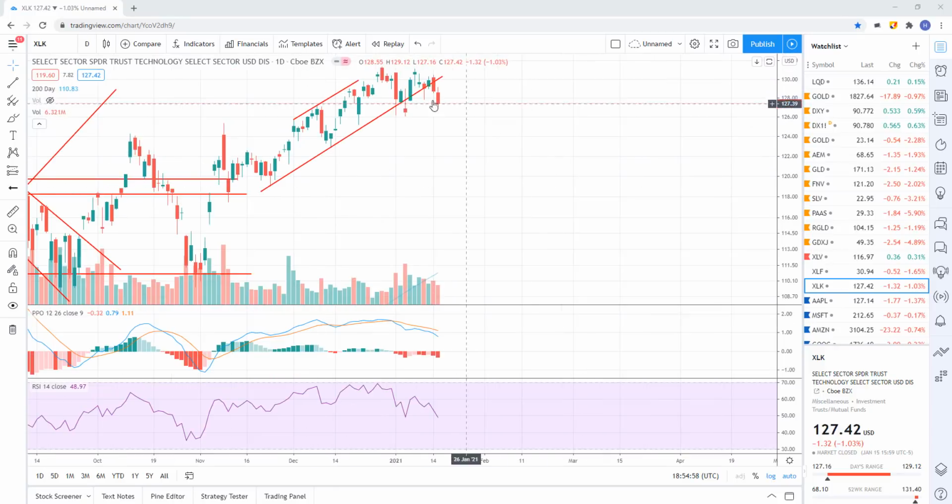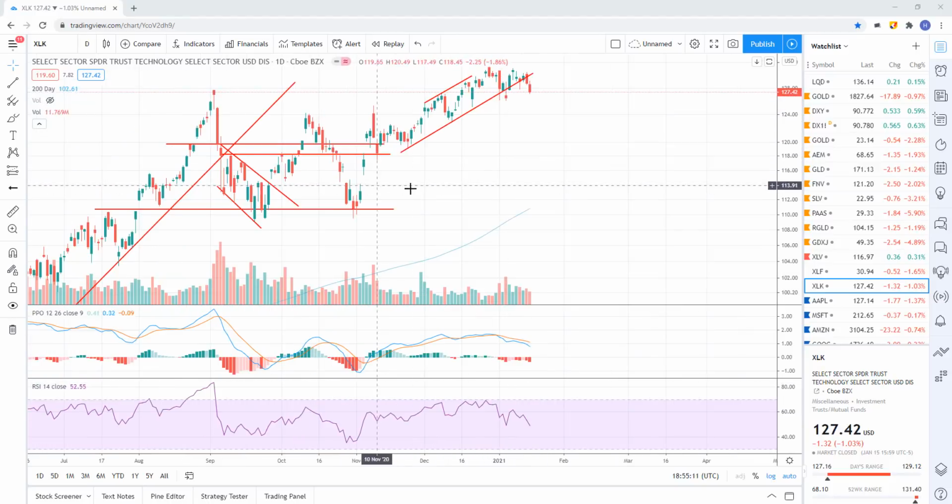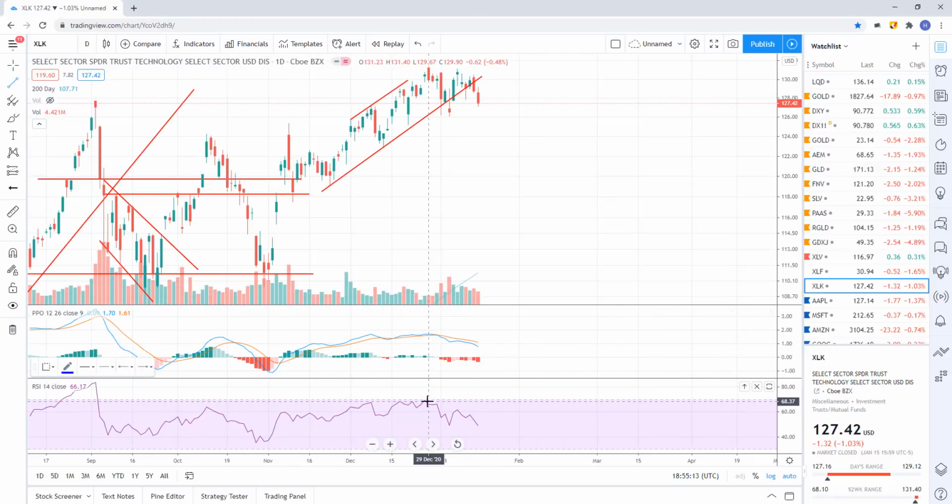So tech looks like it wants to go lower, and so I'm positioned for that. I think tech does head lower. Whether we get a bounce here or not, I don't know. But to me, it looks like tech is going to work its way lower over time. Looking at the divergences,